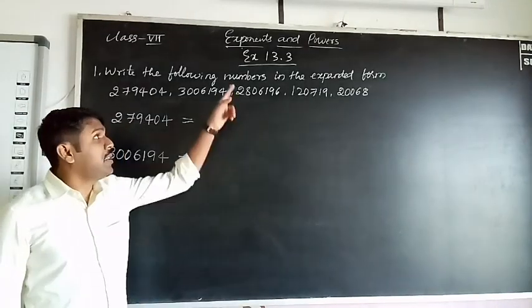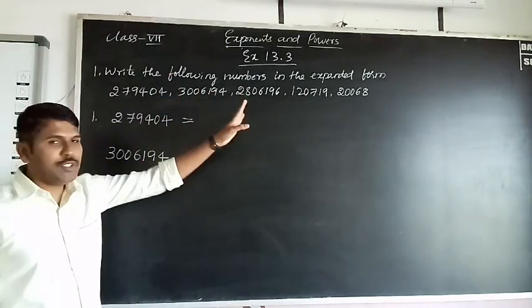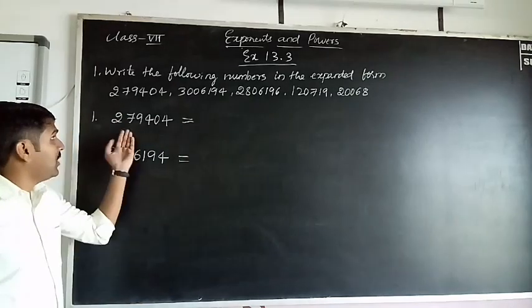Let's go to exercise 13.3. Write the following numbers in the expanded form. So total 5 questions are there. I will explain only 2. Remaining 3 questions are similar. Try them yourself. So first one,